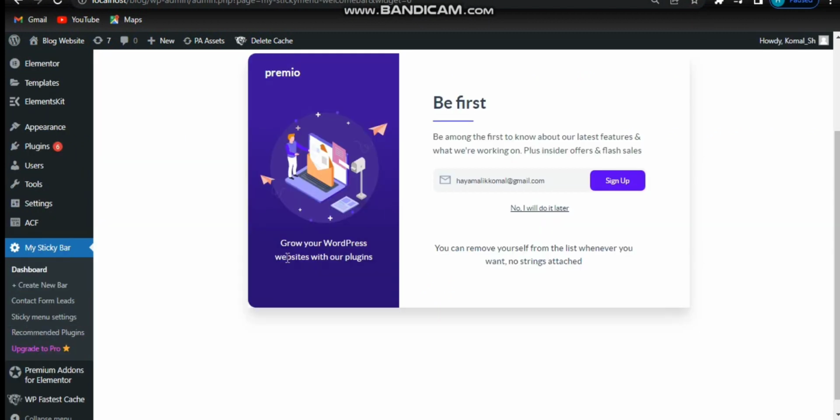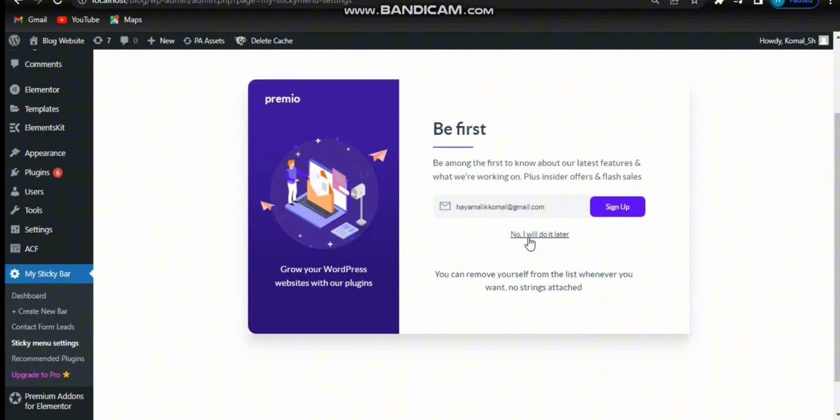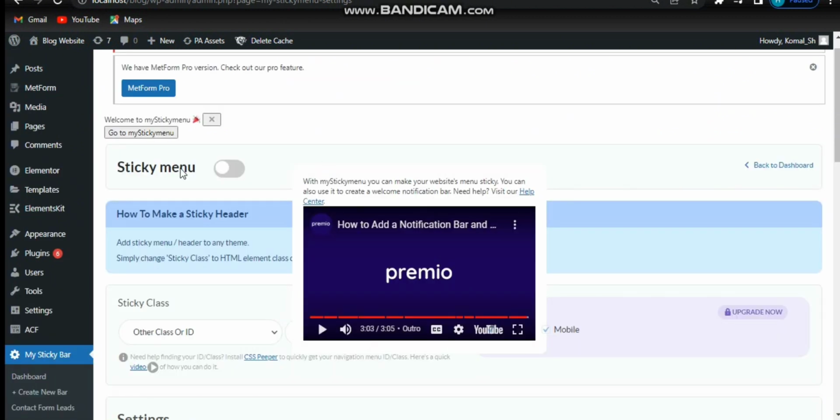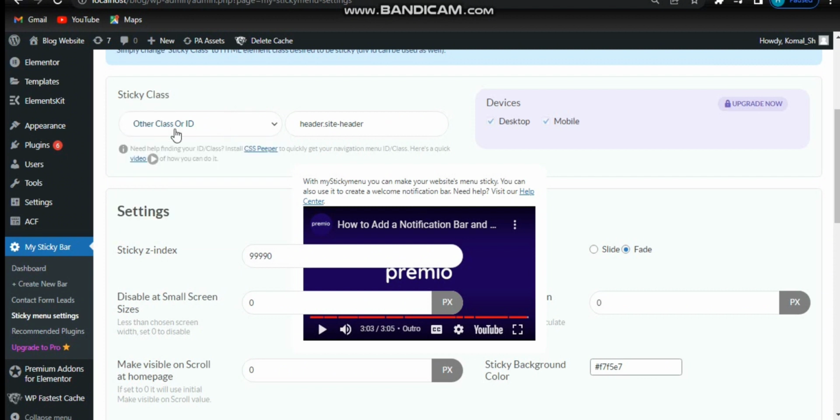Now that the plugin is active, let's configure our sticky header. Head over to the plugin settings, like Sticky Menu Settings, and here you can customize the behavior. And then turn this on, and from here select your menu, select your sticky class,